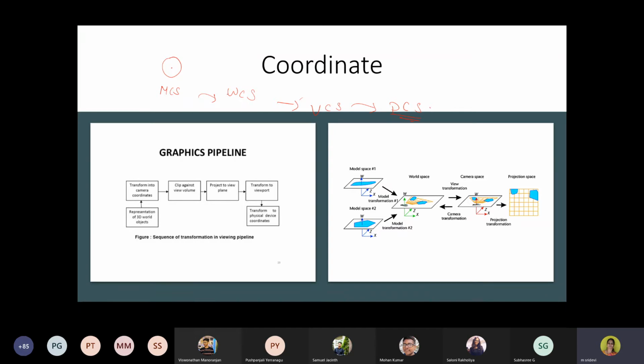So I can give you a simple example. You are watching something through your eye. So already we have discussed you can have a vertical field of view. Now you are watching something in a horizontal or a vertical direction. So you have a camera with you and you are trying to capture some scene out of it.